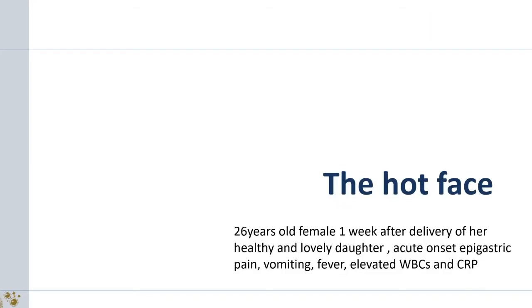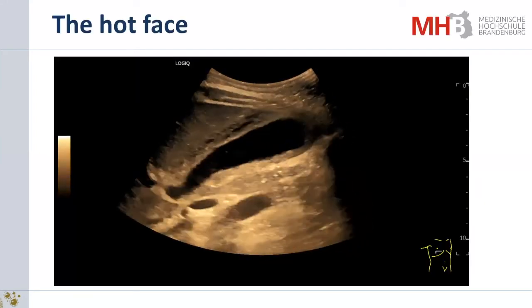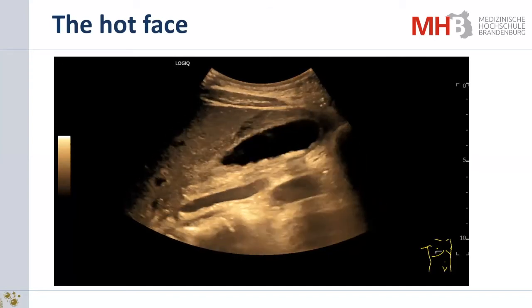Now, the next case is the hot phase of gallbladder. This was a young lady 1 week after delivery of her healthy and very lovely daughter, and she came with acute epigastric pain, vomiting, fever, and elevation of inflammation parameters. And this is the image of the gallbladder. The patient is in the left lateral position,